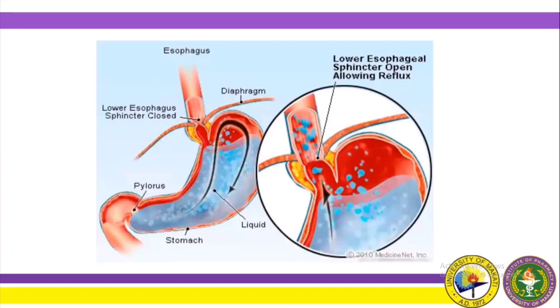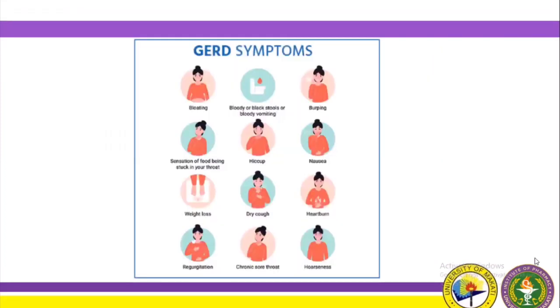So there are several trigger factors that might explain why this reflux action occurs. One of these is the position of our body after eating. Next is the size of the meal and the nature of the foods we eat and drink, since they may contain certain substances that may irritate the esophagus or weaken the sphincter, and it can cause reflux.